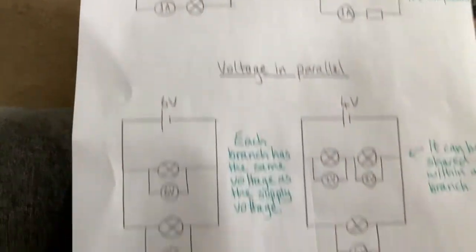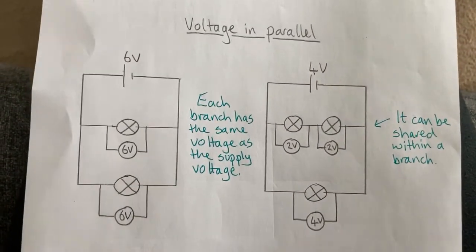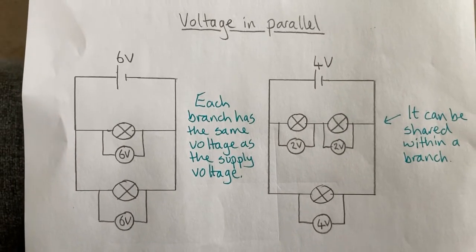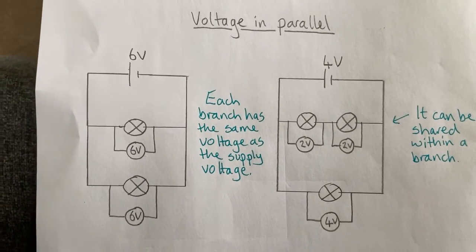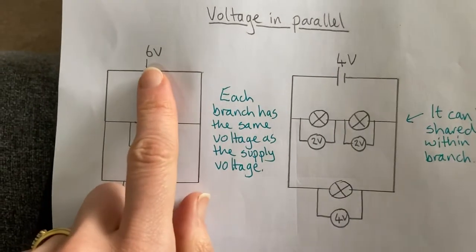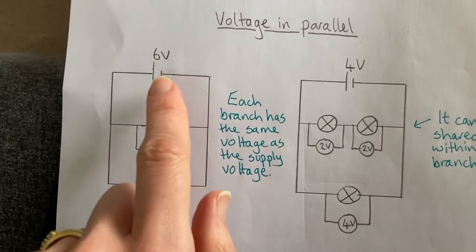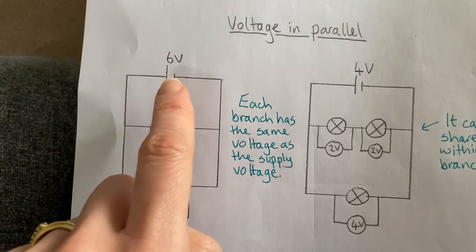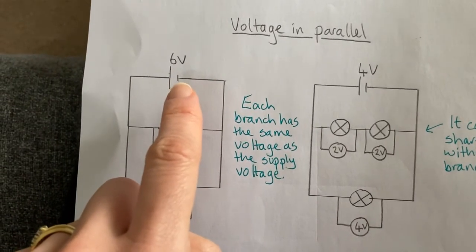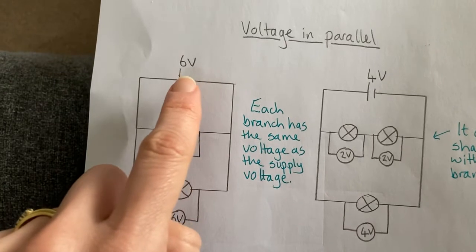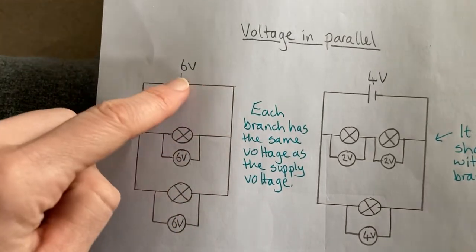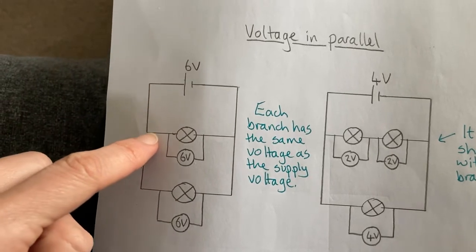Okay. Then we've got voltage in parallel. So voltage, remember, is kind of like the amount of energy that those electrons have got. So again, what you've got up at the top, that's the most you can ever have. So that's the amount of energy that the battery or the cell is giving to the electrons as they flow around the circuit. Okay. Now this time is the other way around to what we were looking at before. Electrons that go this way and go through this branch